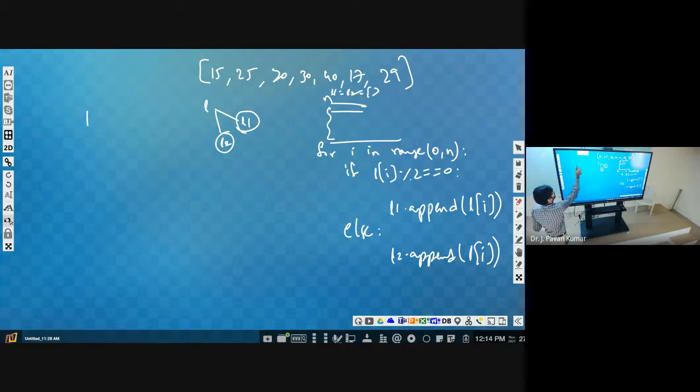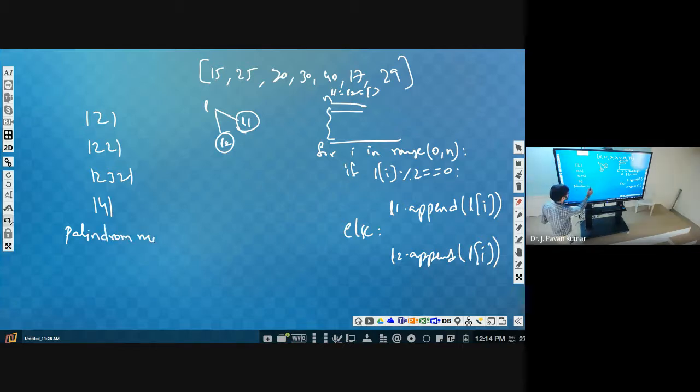Next, we have seen this kind of thing. Palindrome, right? Palindrome number, in the sense the reverse of the given number will be equal to the same number.